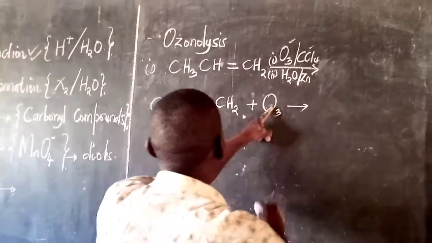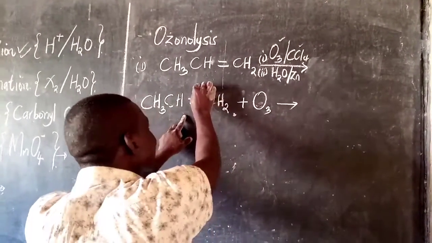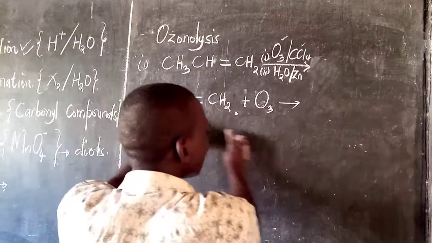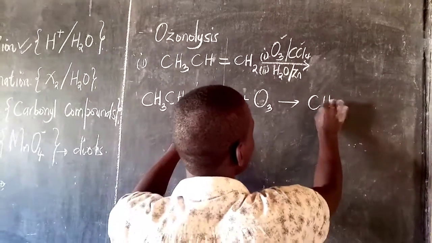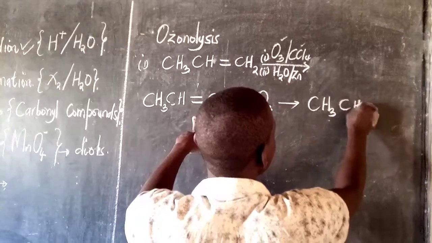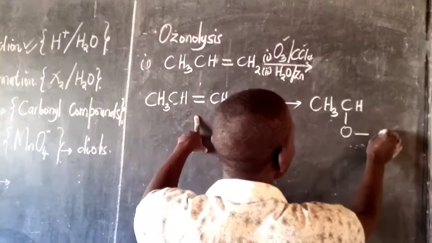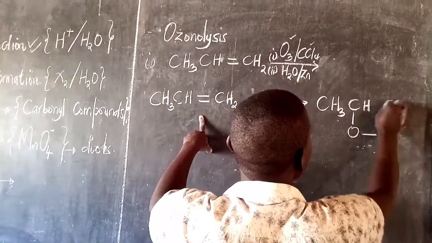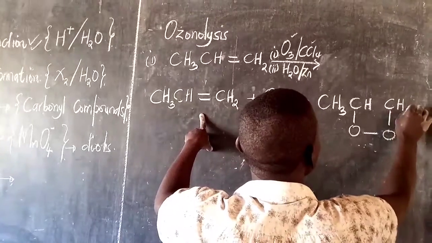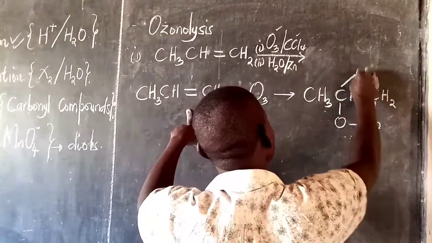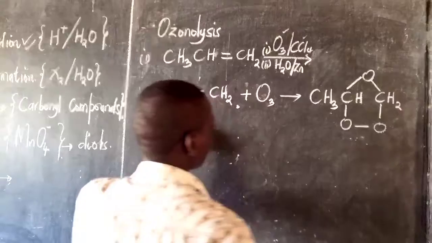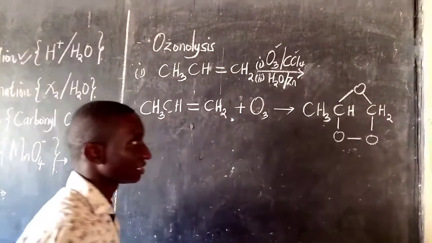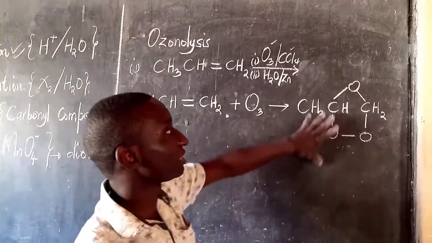Oxygen atoms. This double bond splits in such a way that the rearrangement gives us CH3, CH, oxygen at that, then we bring CH2, and then the third oxygen creates those two bonds,